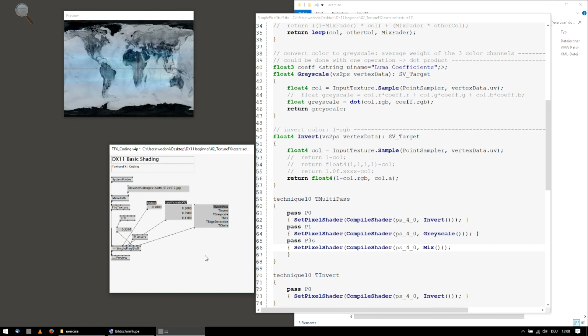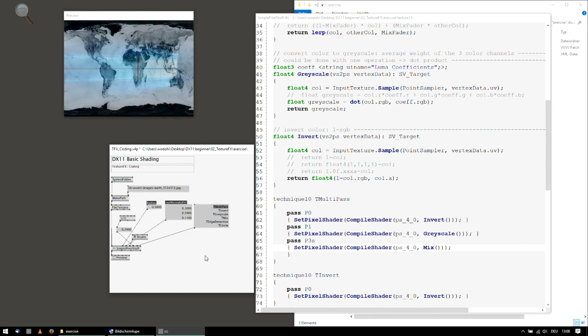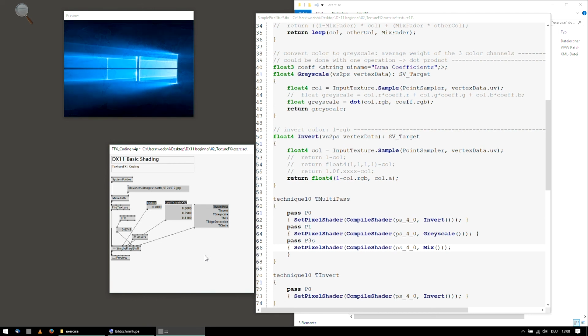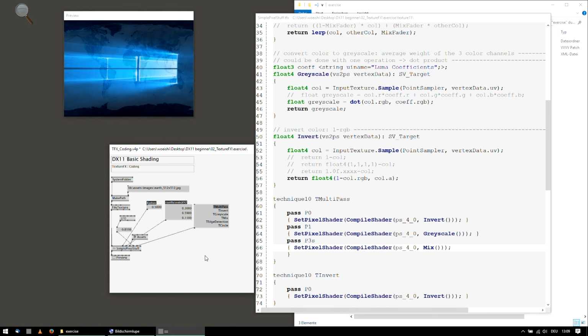It does only apply the first two to the first image. Yeah, because you sample it from an output pin, like an input pin, and only the first texture with the previous word next to it is the one that's being passed on to the next and the next. You would have to mix first, and then invert the grayscale, and then it would apply to both. You can just change the order, and then it would